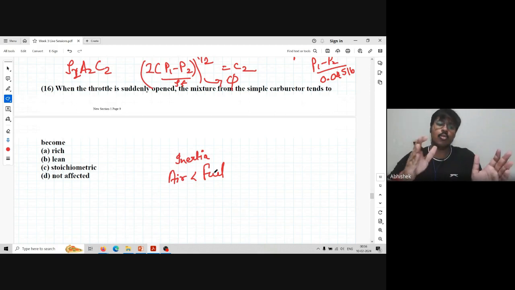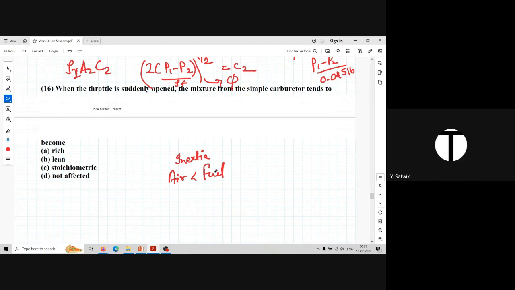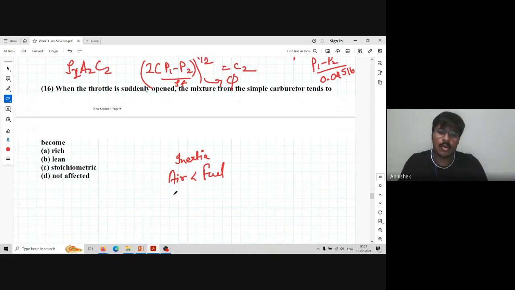To which do you have to apply more force to change the state of motion? The heavier body. So if there is the same suction,